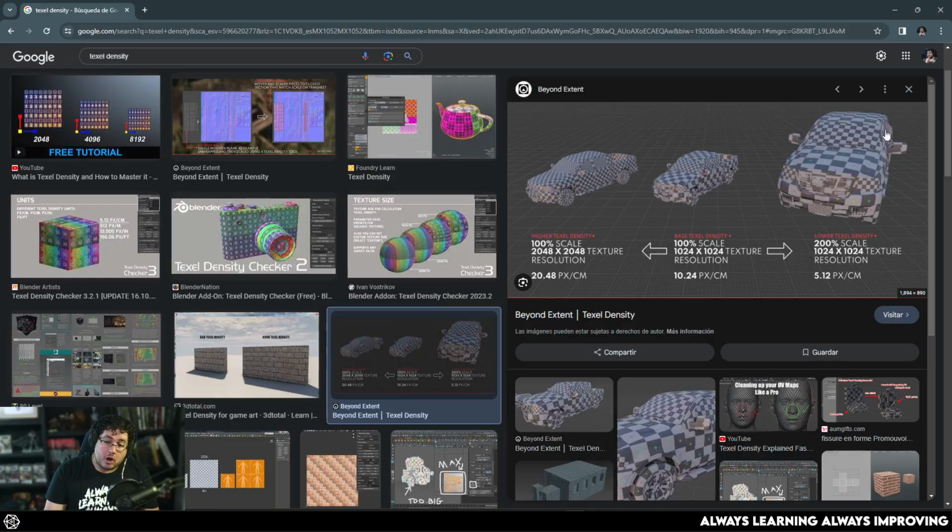However, if I make that car bigger, as you can see right here, the pixels per centimeter is going to go really, really low. Look at that, 5.12. That's very small. So even though it's technically the same size on the texture, because it's half the size, right? But even though it's the same UV, the density of your object is going to change. And this is important once we're going into gaming and stuff like that,